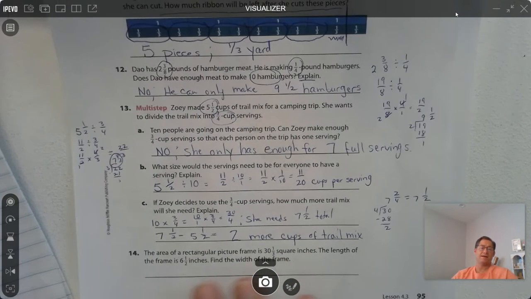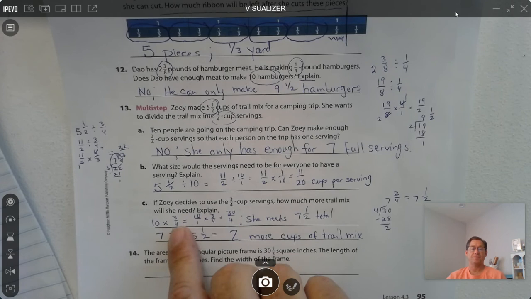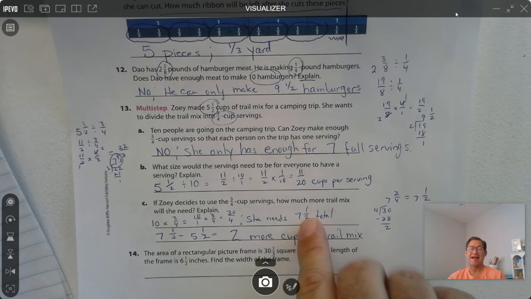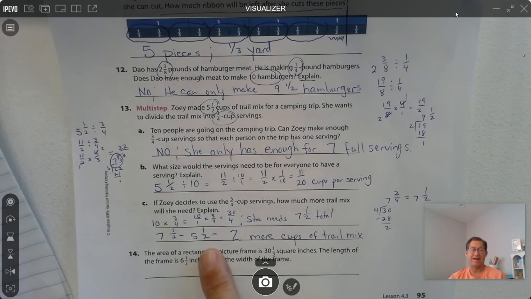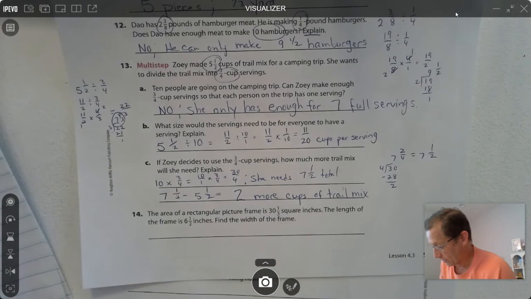Okay, so what did I do here? There were 10 people going. If they each get 3/4 cup of trail mix, she's going to need 30/4 cups of trail mix, which is the same as saying 7.5 cups. So she made 5.5, so she's going to need 2 more cups of trail mix. Okay, 14. The area of a rectangular picture frame is 30